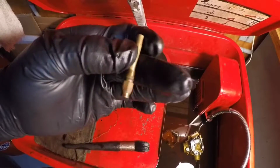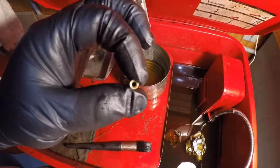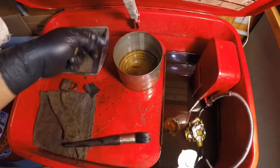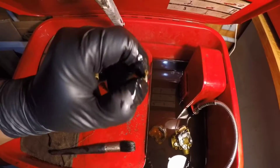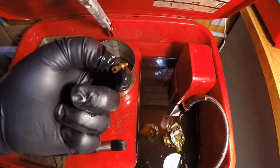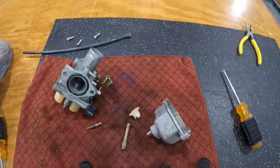So we're going to go ahead and just take a little brush, basically a pipe cleaner, and clean the insides of these, and they might actually be ready. We might be able to actually just put the carb back together and see if she runs. Well guys, I'm not exactly sure